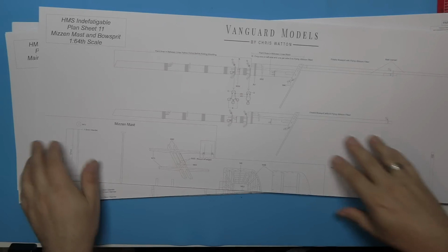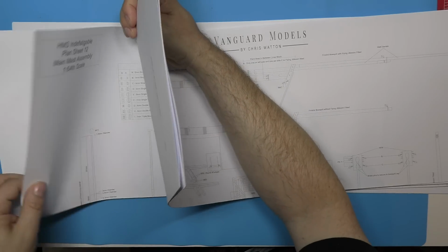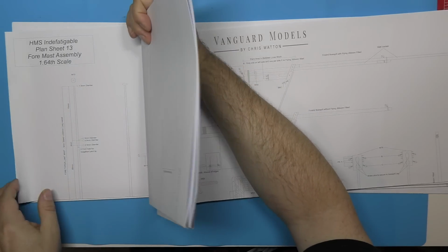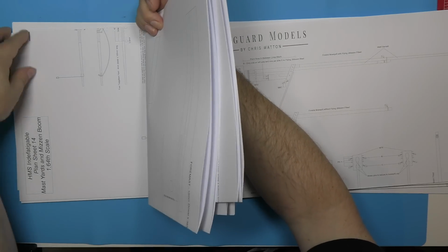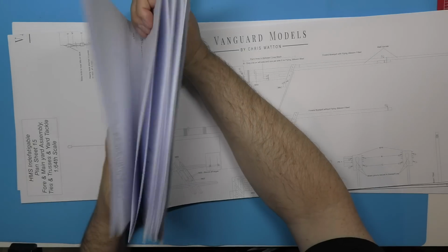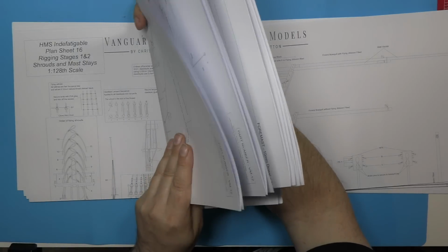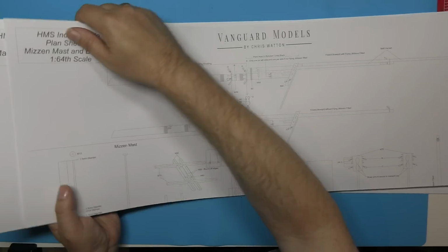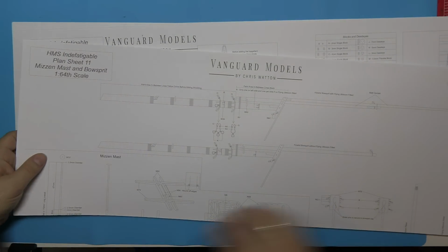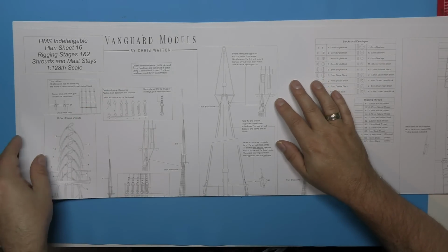So let's see, how many have we got then focused on masts? So 11, 12, 13, so that's 3, 4, 5. So we've got 5 plans dealing with masts, which leaves us with 4 sets of plans dealing with the rigging,